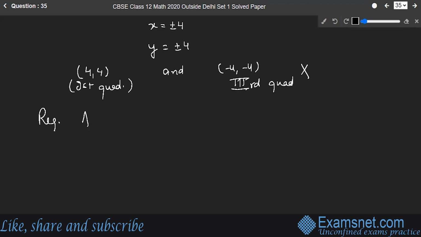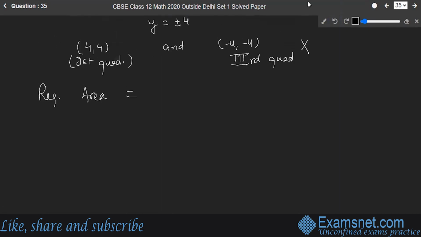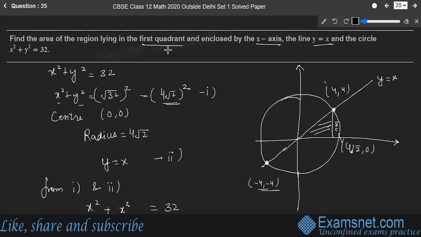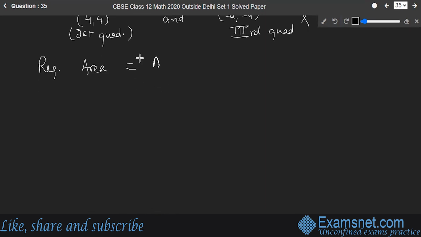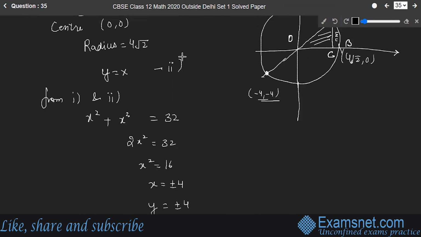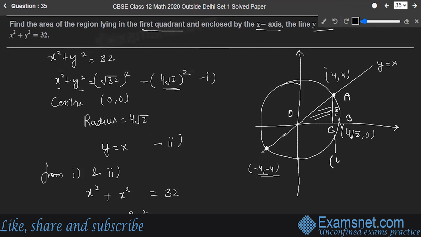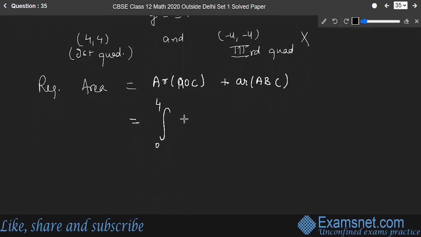So required area is equal to area of, let's name them first. So this one I'll say is point A, this is point C, this is O, and this is point B. Okay. So this will be given by area of AOC plus area of ABC, which is equal to integral of 0 to 4. See, this is the point 4. C is 4, comma 0. So 0 to 4